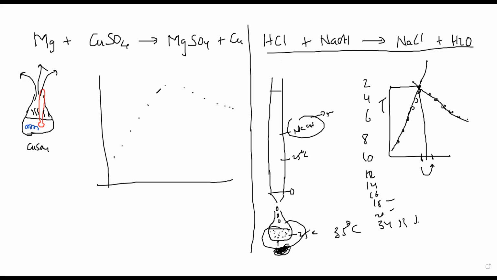Okay, then why do I need a graph here? Why can't I take, suppose this is the maximum recorded temperature, why can't I just take that? No, because from here to here, it has taken time. Suppose this is about 180 seconds, so it has taken 3 minutes. So in 3 minutes how much heat loss has happened? So this temperature is not representing that. This temperature is not taking that into account.